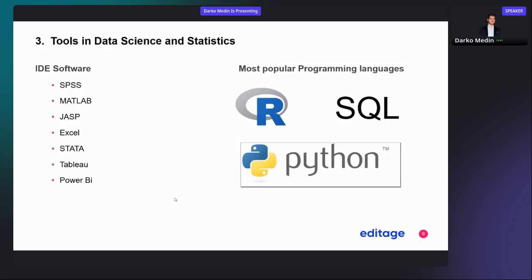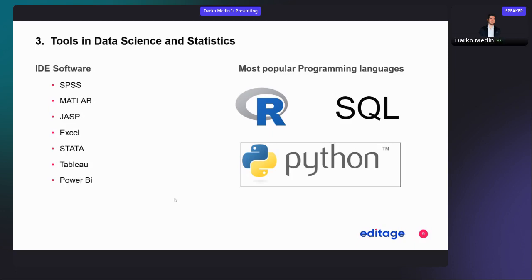and statistics. So as you can see right there, there is Excel. Believe it or not, Excel is one of the most used software in data science and statistics. So it's actually one of the most important software out there, and it's very easy to use, right? So it's always recommended to start with such software and then go towards other programming languages which are used for